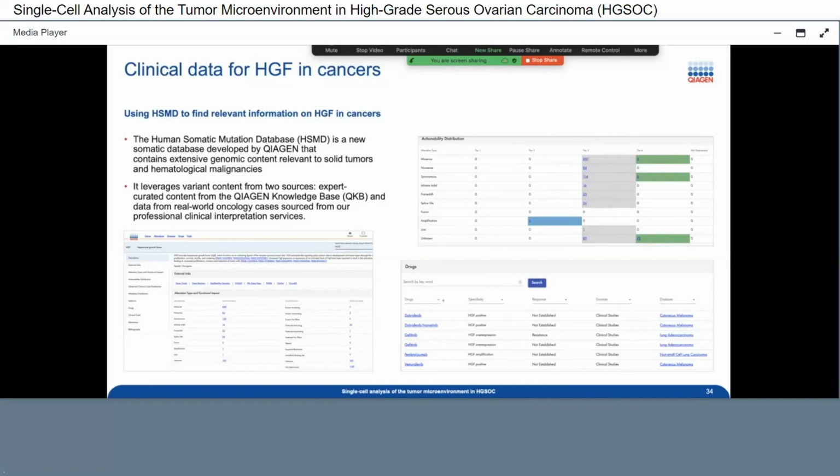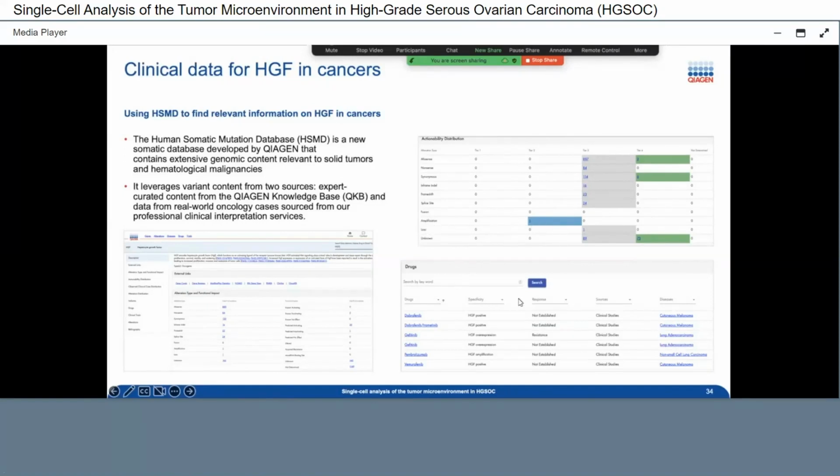What it does is, quickly I query HGF, and you can have on the bottom, it's a small screenshot here, the type of alteration you find for HGF across cancer, right? What type of functional impact you have on the particular protein, the actionability, which is the clinical significance, tier 1, tier 2, according to AMP, ASCO, and so on. You have that quickly. And on that one, you have a tier 2, which is potential clinical significance for when you have an amplification.